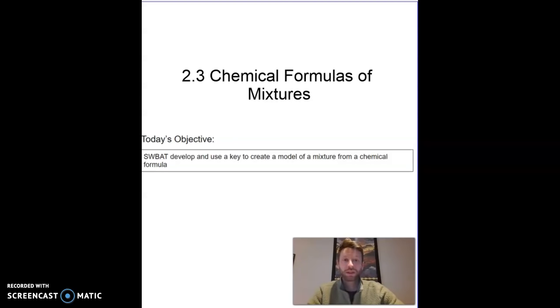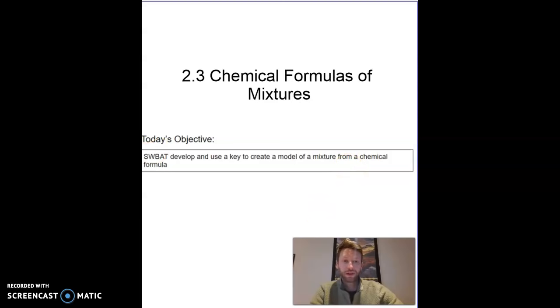So today we're going to take it one step further than we did last lesson. We're going to be writing out chemical formulas, but instead of just focusing on elements and compounds, we're going to be looking at what happens if it's a mixture. So today you'll be able to develop and use a key to create a model of a mixture using a